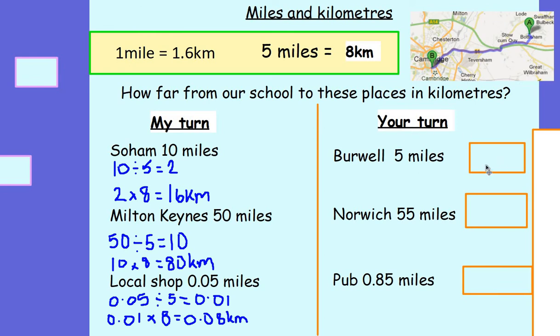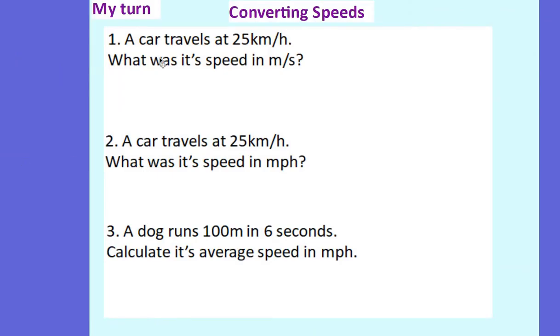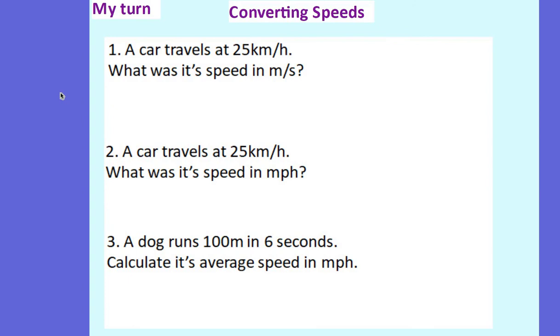And the answers I was looking for: Burwell is 8 kilometres away, Norwich is 88 kilometres away, and the pub is 1.36 kilometres away. But why have we been doing this? We want to have a look at converting speeds, so taking our kilometres, metres, etc., and converting speeds that are given. So I'm told a car travels at 25 kilometres an hour, and I've been asked to convert that into